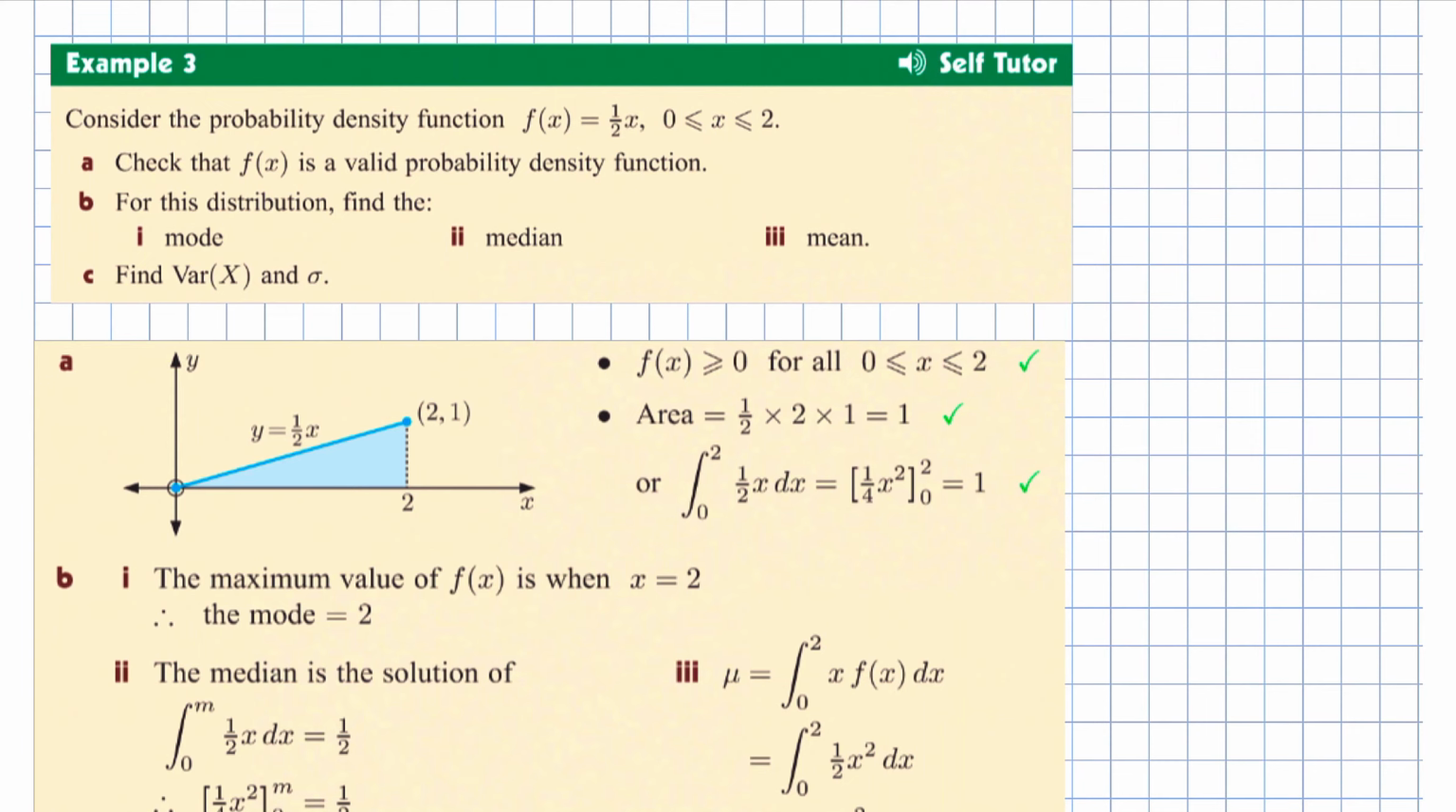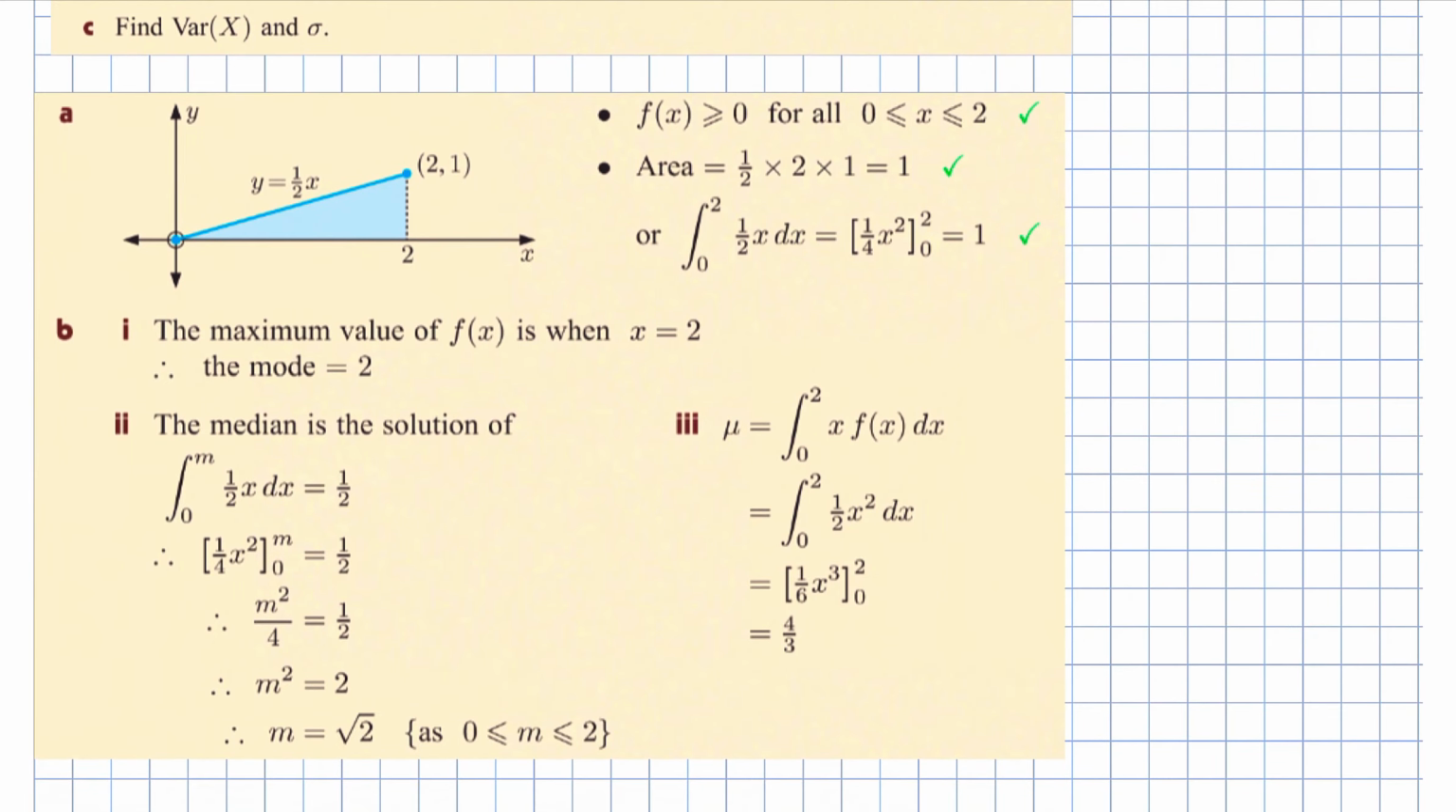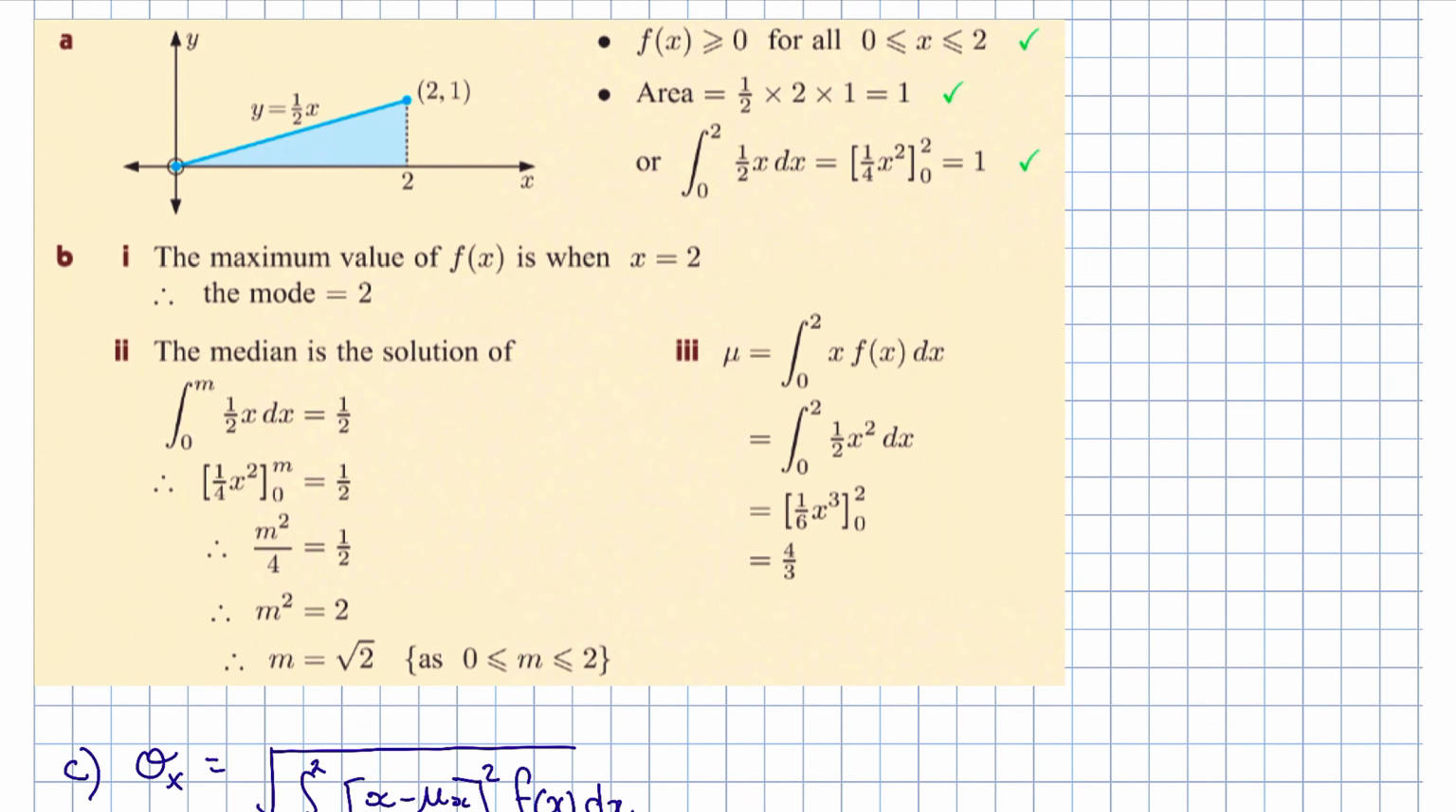So the mode was the maximum value of this function in that range. Okay, and it's a straight line. We can read that straight off and say the maximum value was there at 2. So the mode is 2. That's the most common value. Should make sense. The median of the solution, the median is the solution of this